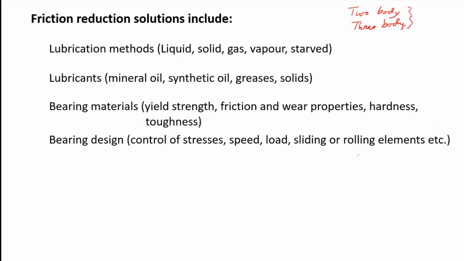So basically, there are only two body and three body, because if it is one body, then there is no tribology, right? Yes, sir. So two body we will call when two surfaces are in contact, but there is no third, there is no other thing. So it is possible that two surfaces are sliding without the intervention of any third particle or third body. Okay, so for example,